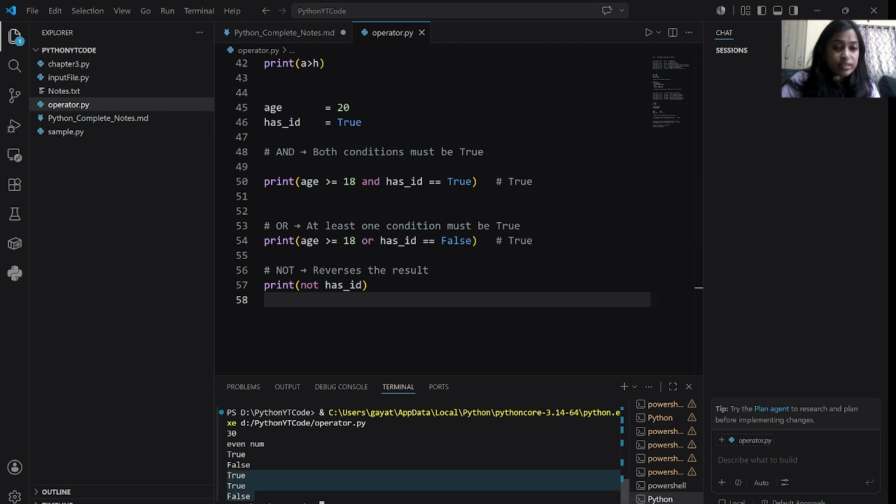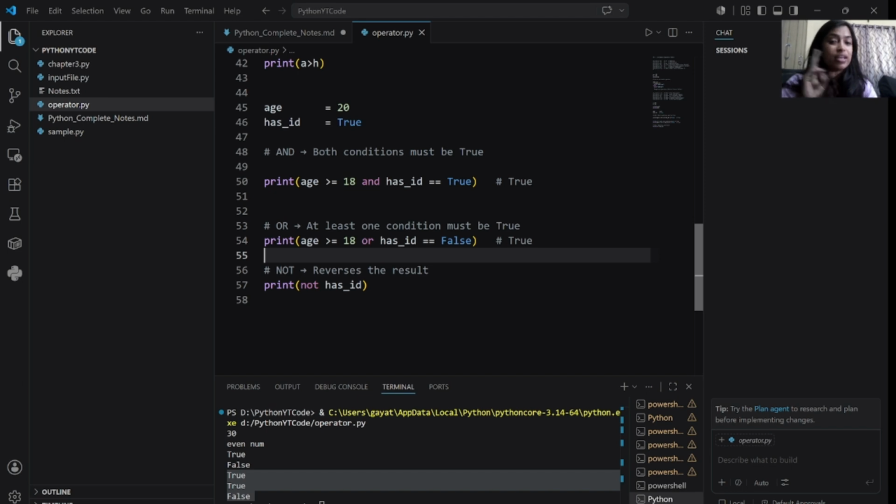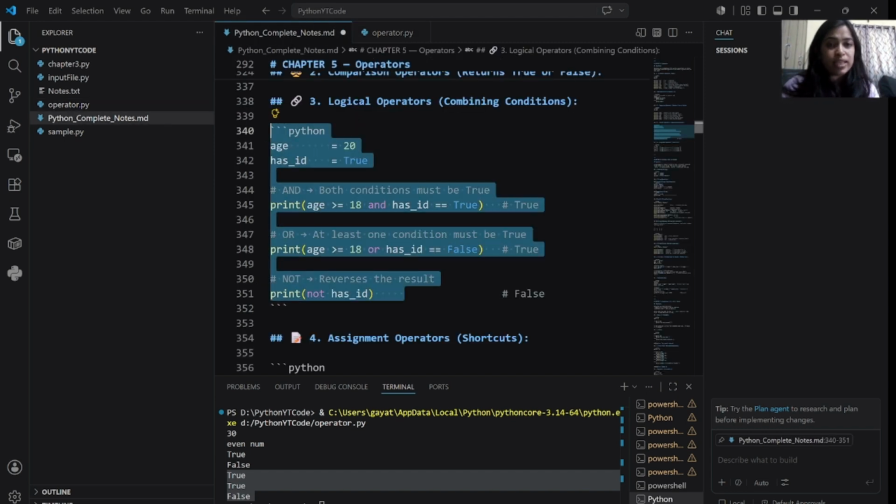We will see that three cases are here, right? Here both conditions are true. Age of 20, yes it is greater than 18, true. Has id, yes, true. And then the second condition is either condition true, right? Age 20 is already true, so whether id is false or true it is not going to check. Why? Because our condition says that either condition needs to be matched. Now not is false, because it is not comparing or doing any operation on both conditions. Both conditions should not be satisfied. I hope this is clear for you guys.